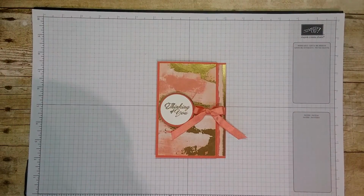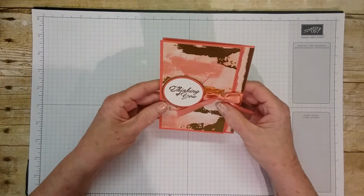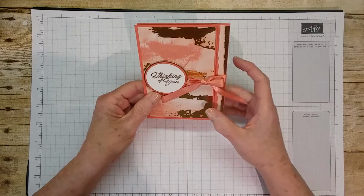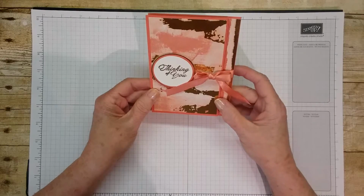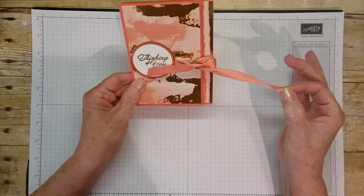Today I'd like to make this card with you. It's a 3-panel card that I first saw done by my upline. And it's pretty. You undo the bow